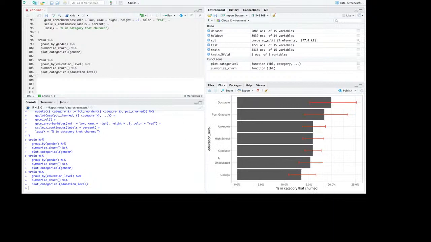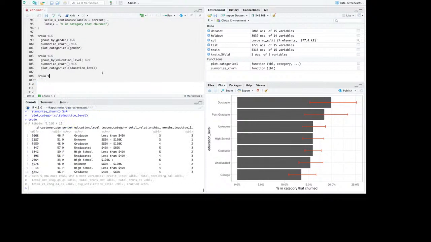Yeah, so we got college under. What's funny is it's not perfectly ordered, and it's telling me doctorate and postgraduate have the highest churn rate. College and under-educated are all lower, but at college, in fact, the highest churn rate. Now let's also look at age. There's a few ways we can look at it. Actually, let's do income level.